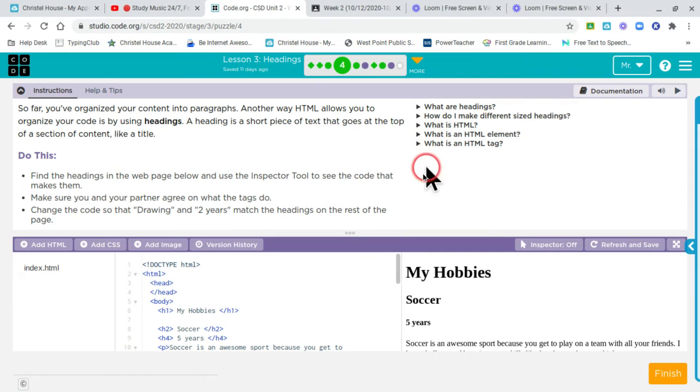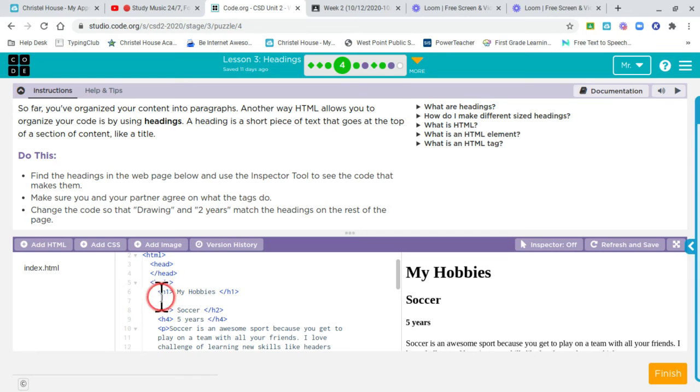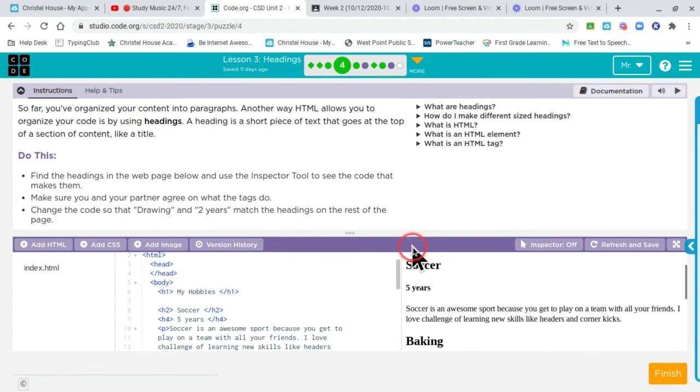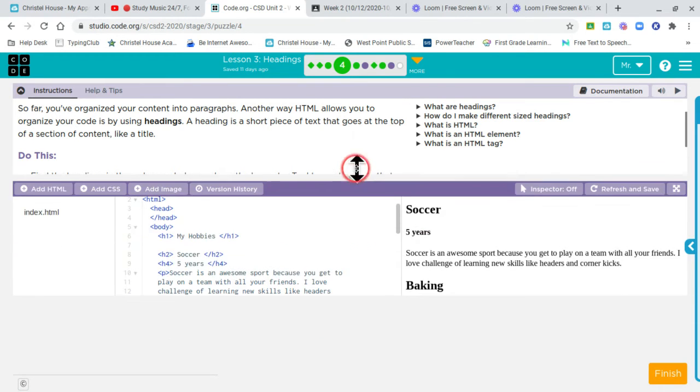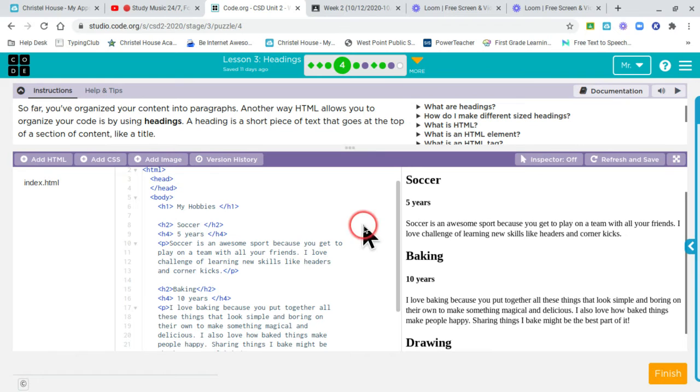So on this one, if you look through here, like I said earlier, my hobbies is the biggest one on here, and it says H1, and it closes with H1 as well with the backslash. And then the soccer, H2, obviously it's a little smaller. And then for 5 years, it's a little smaller. It actually says H4. So what we're trying to do is change the drawings. Let me move this up so you can see it a little easier. There we go. We need to change